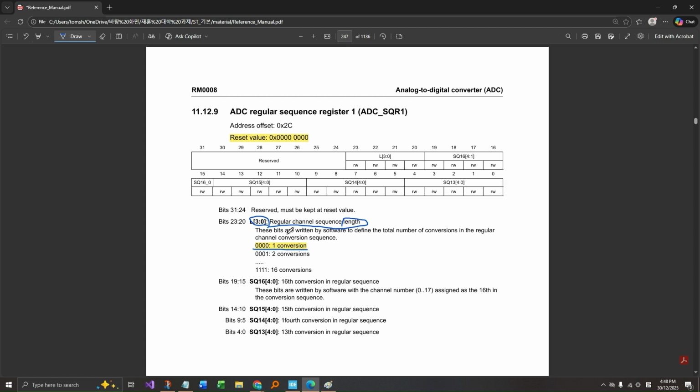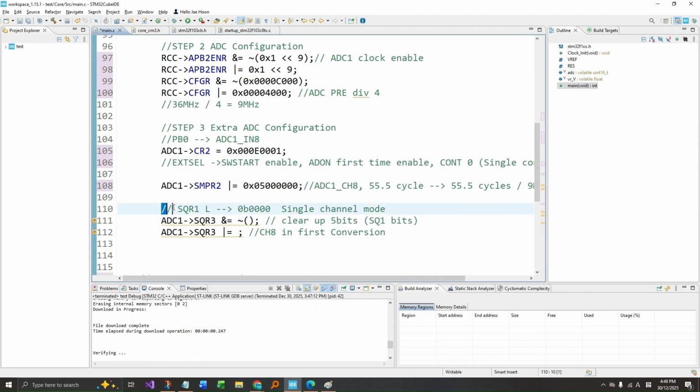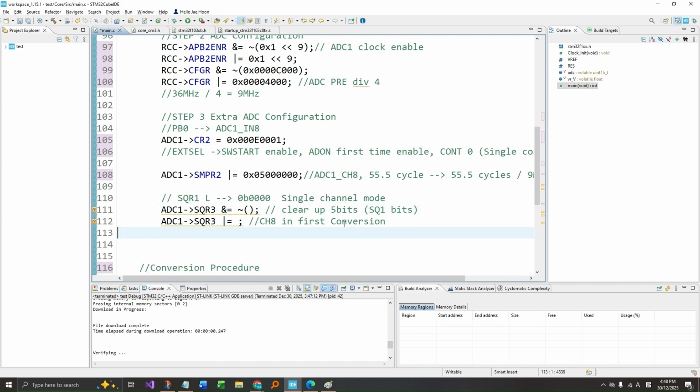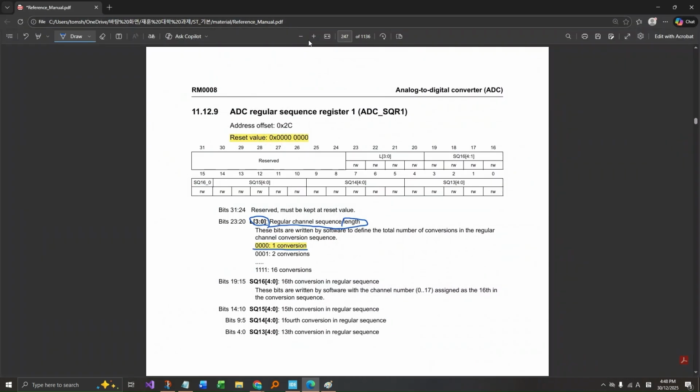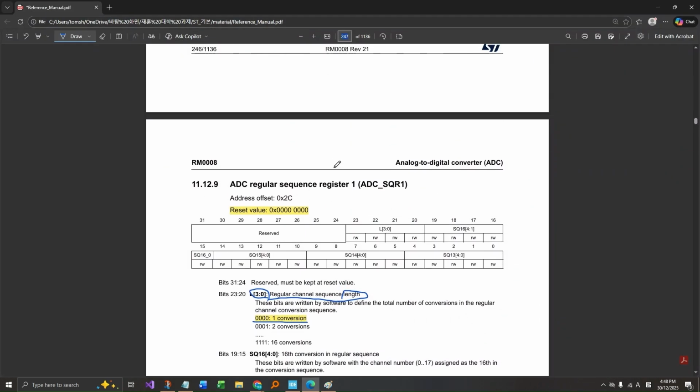So we don't really need to change this number at all. I'm not going to write the extra code here, and after that, we're going to